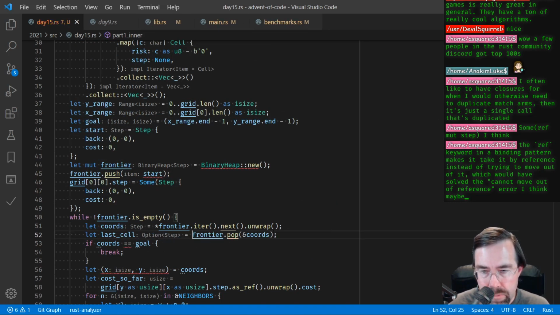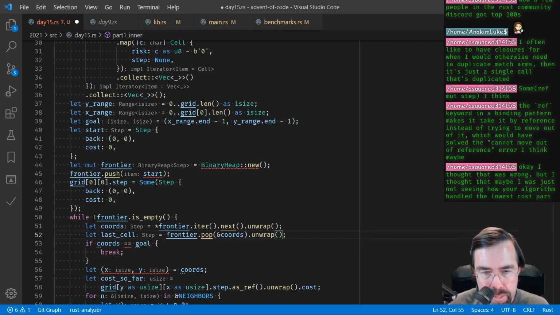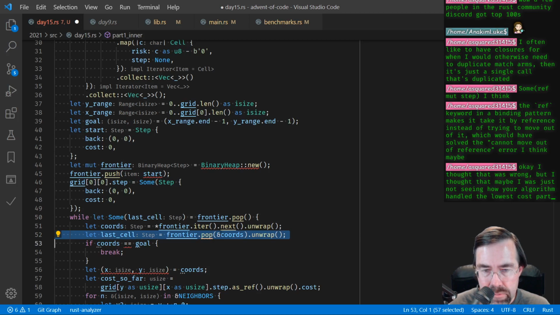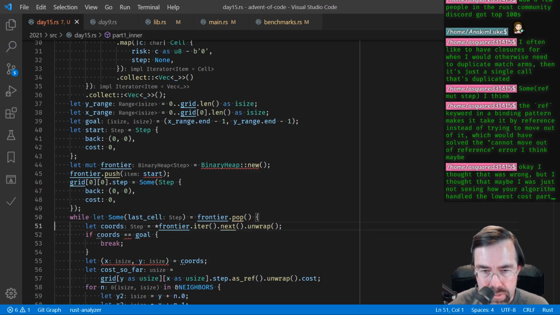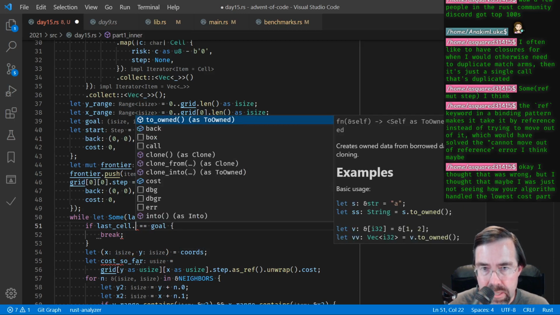Okay, and we want to unwrap that. Actually, I can combine these two. I can say while let Some last cell equal frontier pop. That's better. And then remove that. Remove the coords. So this becomes if last cell dot